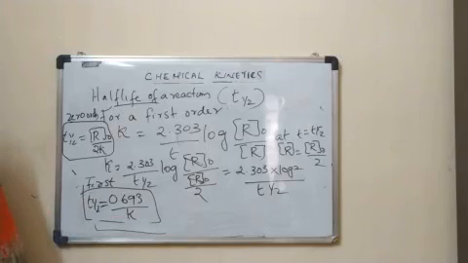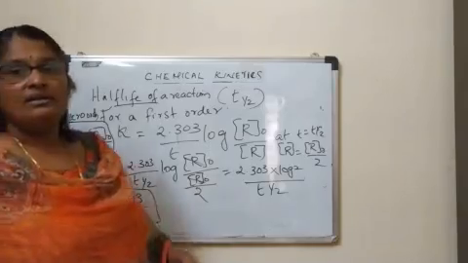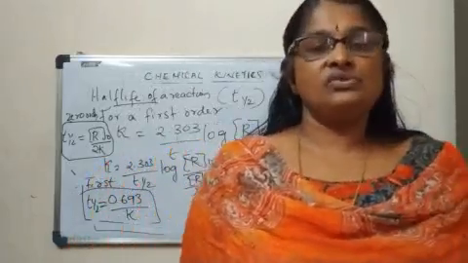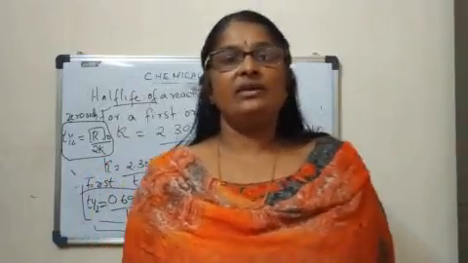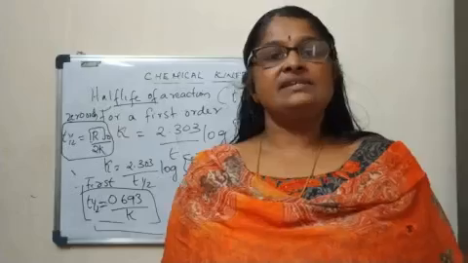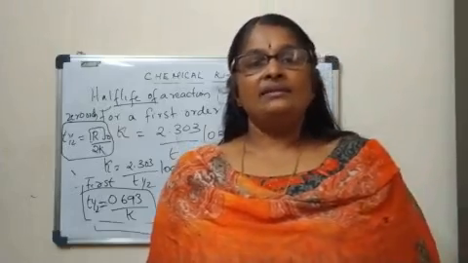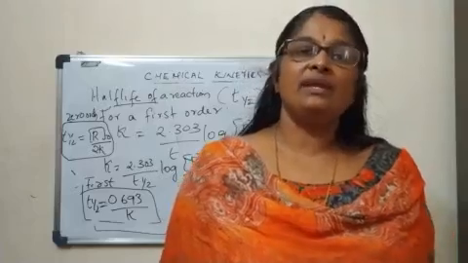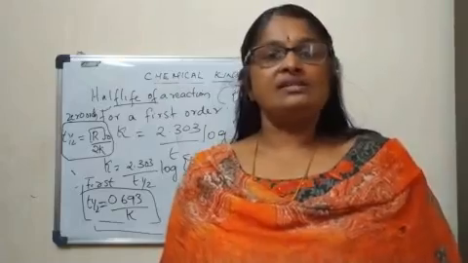So study those things. These equations are very important. Next day we can do some numericals based on this t half. Before winding up, we shall discuss what we have gone through today. First of all, we derived the rate equation for a gas phase reactant which follows first order kinetics, and applying this we got the equation in terms of initial pressure Pi and total pressure Pt. And we have done numericals also based on that.